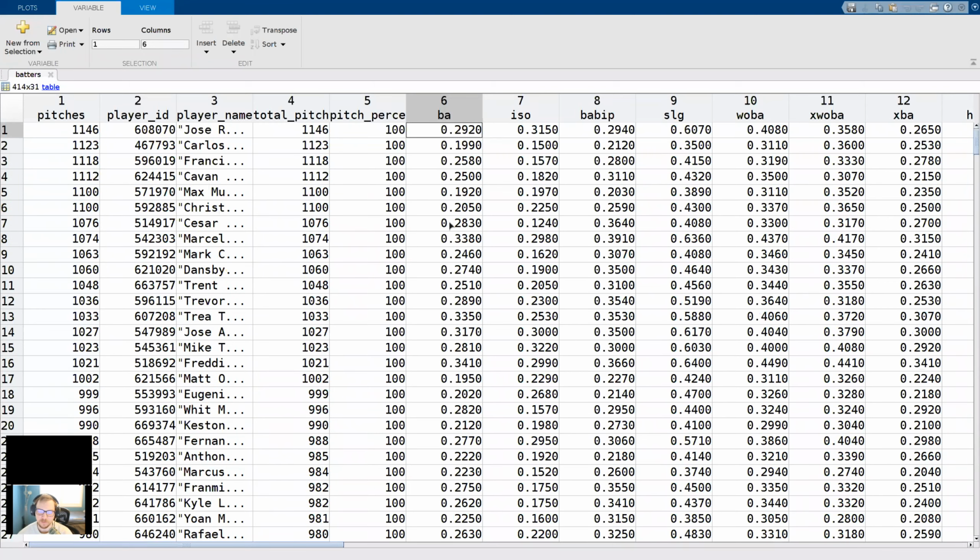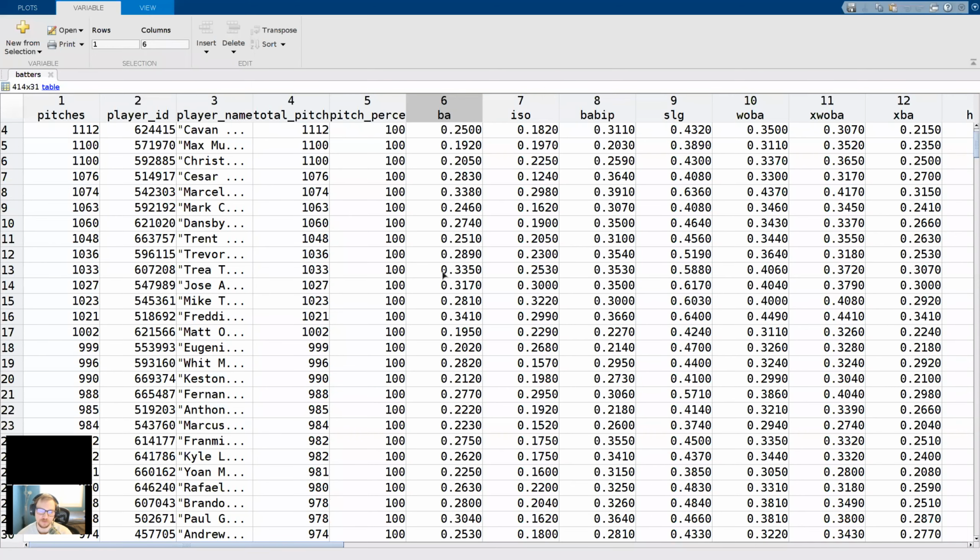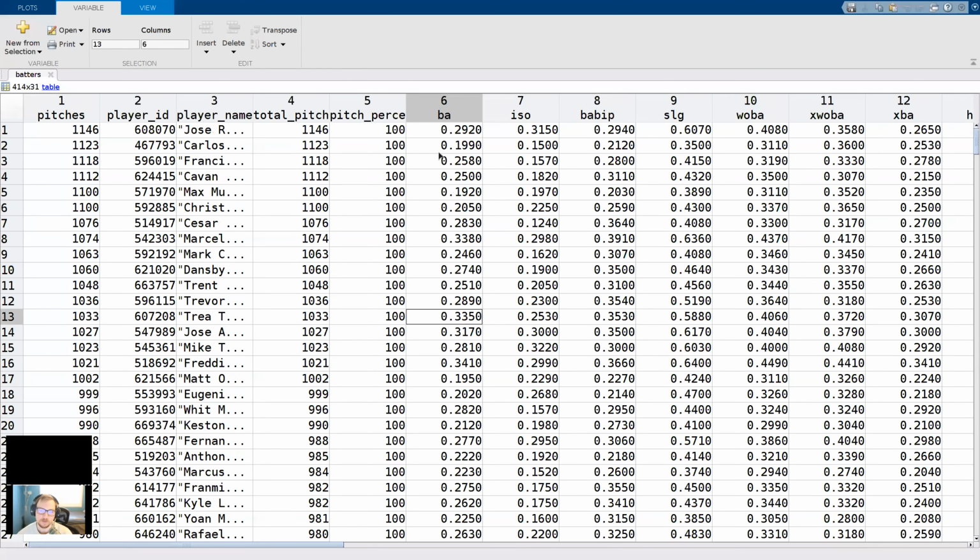If you're not a baseball fan, baseball is a sport of failure, so getting a hit 29% of the time is actually really good. The top numbers for batting average, like 33% of the time, are quite up there. We're going to make a plot today for batting average, and that's this column here called BA.